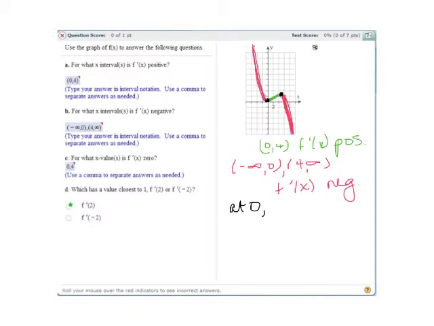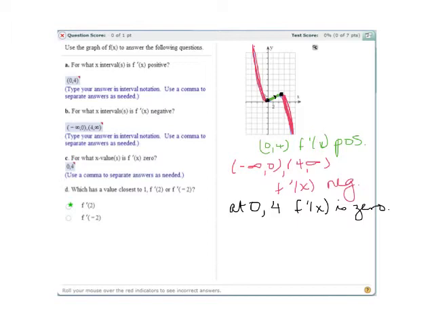It goes from positive to negative, and if we think about the number line, if we're going through all the negatives and then eventually we hop over to the positives, we pass through 0. So at 0 and 4, f prime of x is 0. Okay. The last question, which has a value closest to 1? And so notice it is positive. Okay, positive 1. f prime at 2, so f prime at 2 would be right about there, which we just